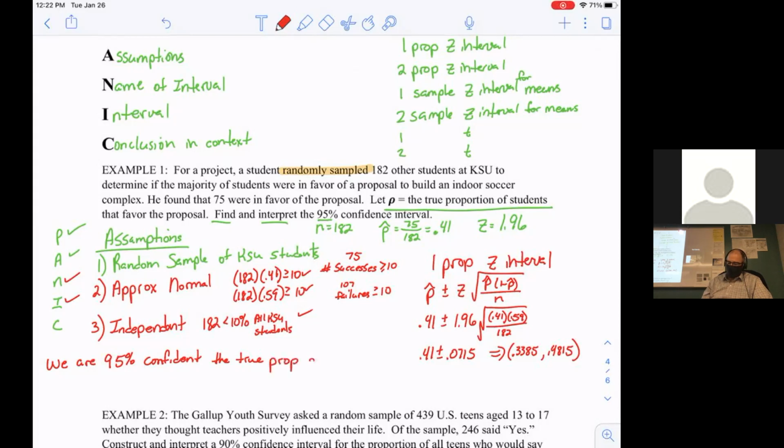The true proportion of KSU students being in favor of a new indoor soccer complex lies between 33